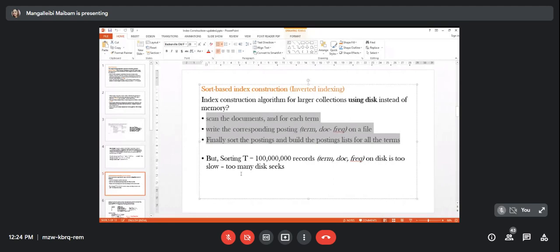So to sort something like 10 to the power 8 records will be very slow, because as it is said, accessing data using the disk is slow. So if we have a large number of records,